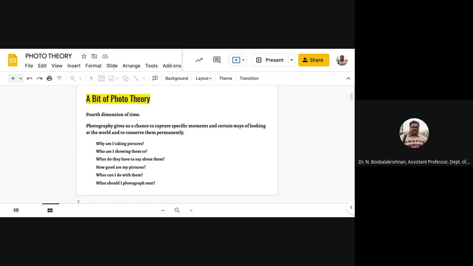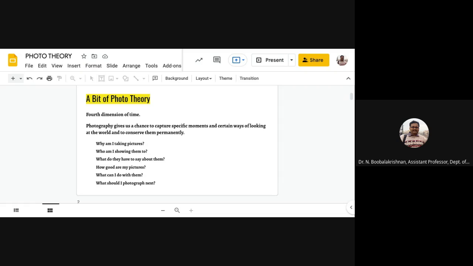Go open your folder, open your picture. Why did I take this picture? Find the answer for it. What do I want to show from this picture to the viewer, what do I want them to say about the picture, and how good are my pictures. That's your personal thing.